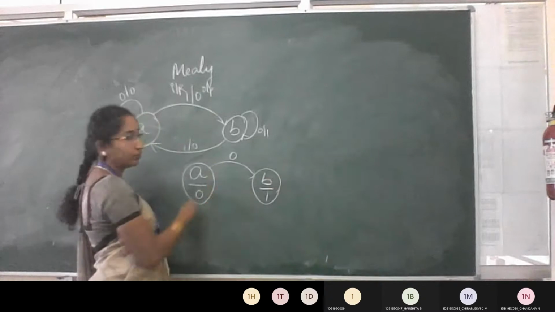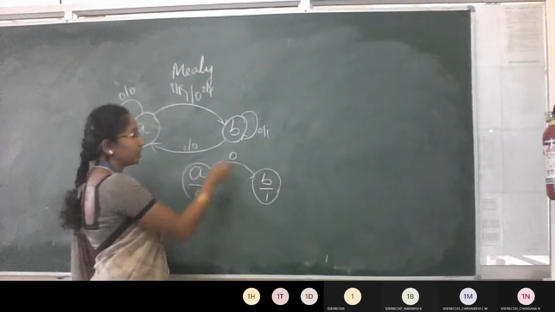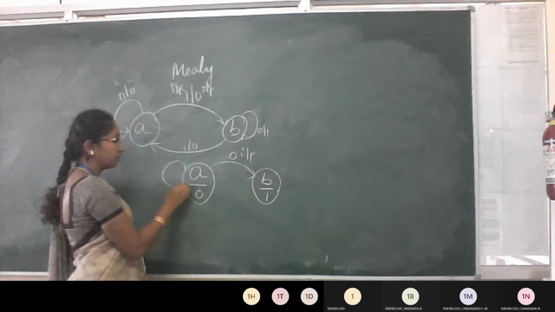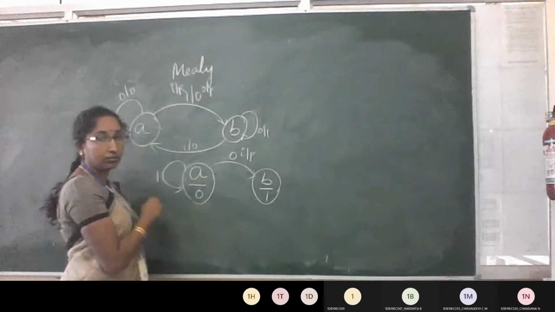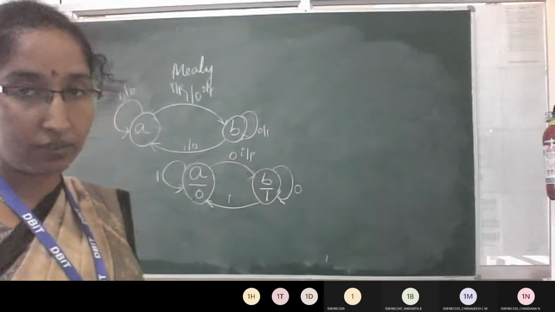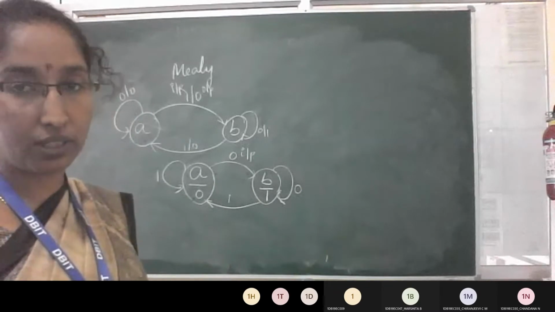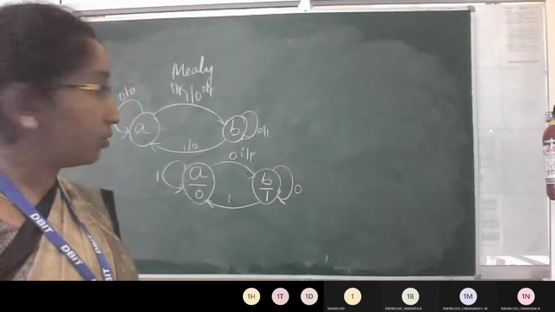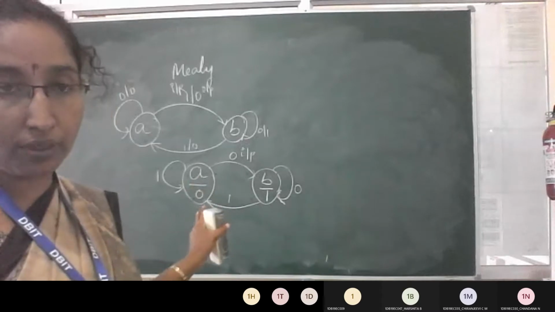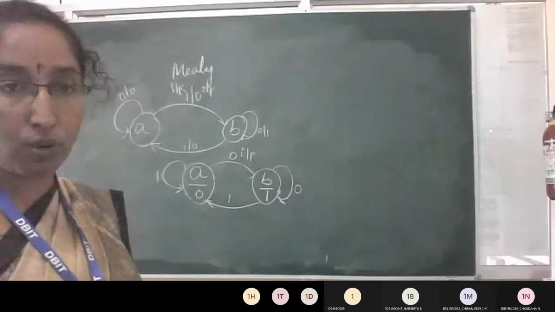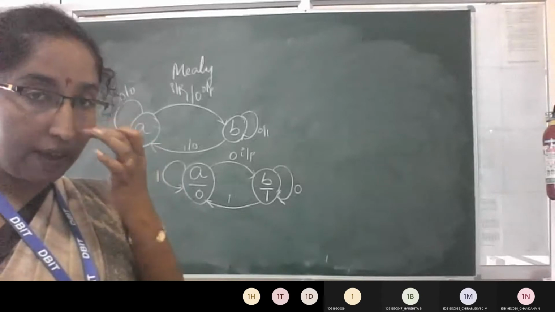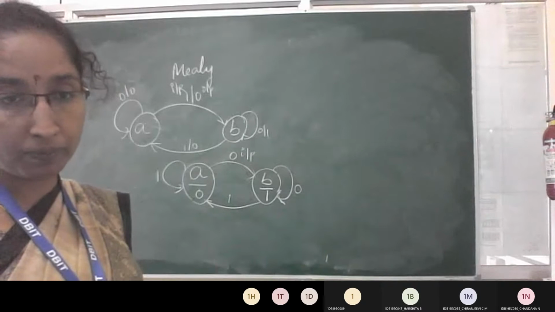Similarly here, the arc indicates the x value. This is the input when x is going to be one or zero. Both, so the output is not changing. Output is fixed for the two transitions, that is when x is 0 and x is 1. Like this you are supposed to give an example. Either they'll ask you to explain Mealy and Moore state diagrams with an example, or compare Mealy and Moore.